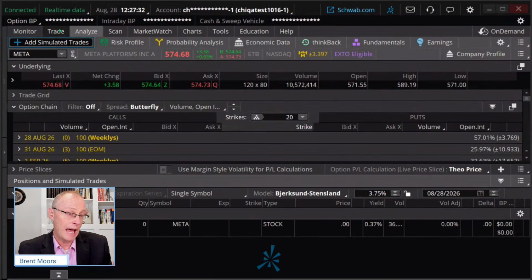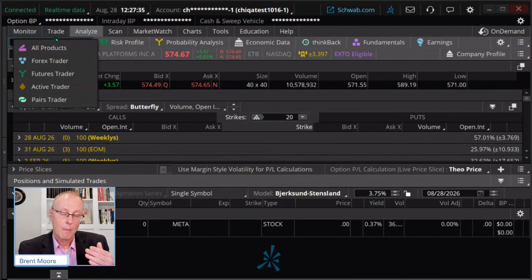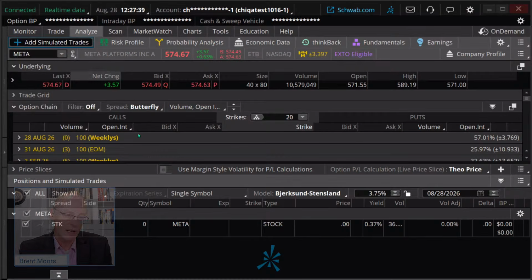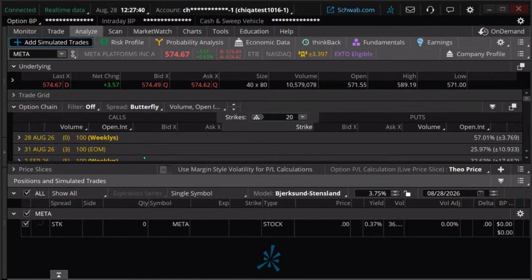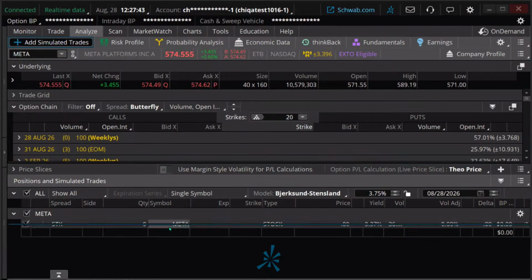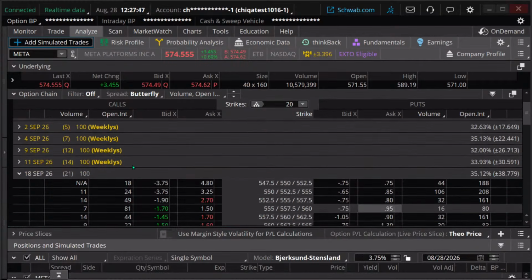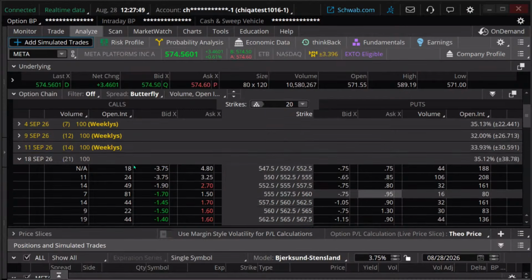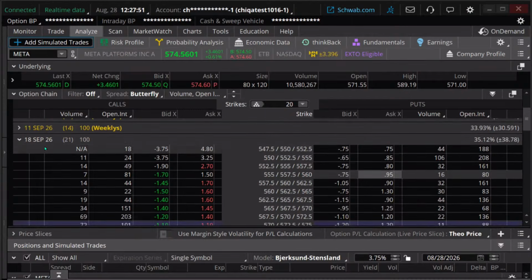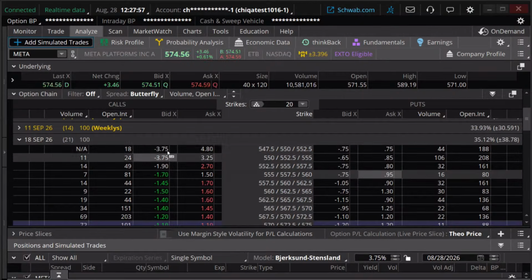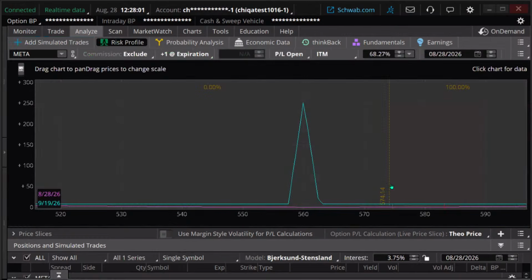Of course, you can just add it directly on the Trade tab, but my encouragement to you is learn to use the Analyze tab, because especially on a trade like this, you may want to tweak it a little bit, okay? You may want to tweak it a little bit. I'm going to go, and I'm going to do the same thing. I'm going to go September. These contracts are going to be a little more liquid, typically, the monthly contracts. And we said the middle strike was going to be 560. We're looking at puts because we're bearish, and I'm going to click on that.